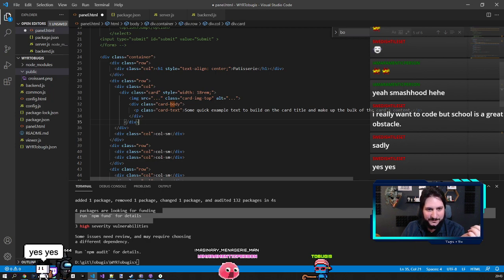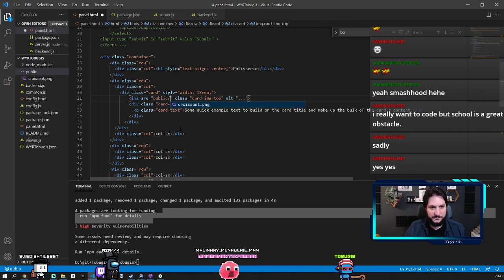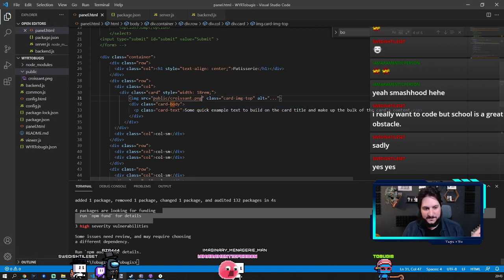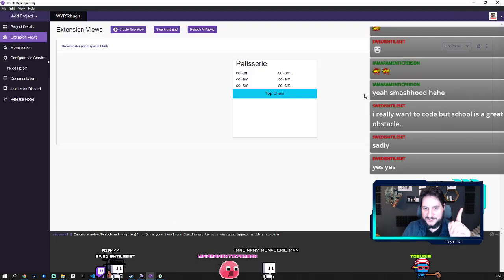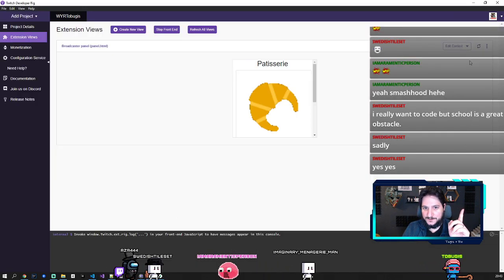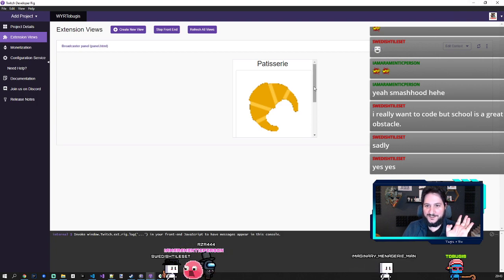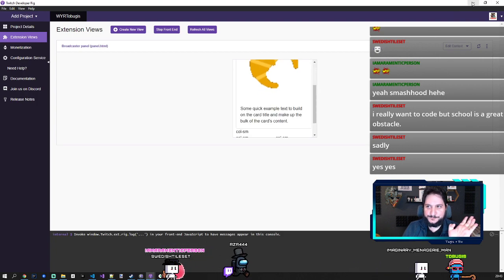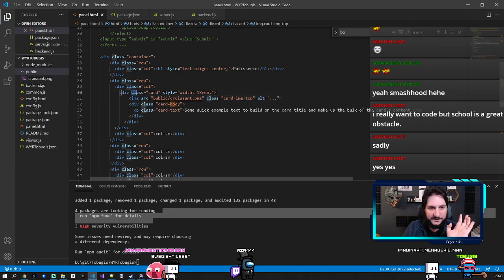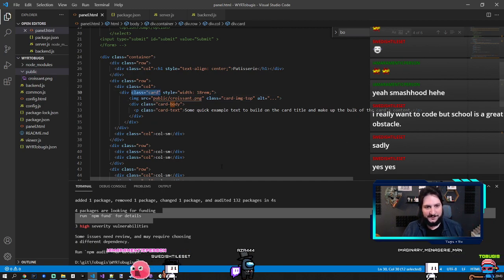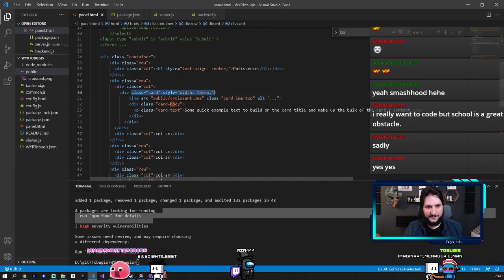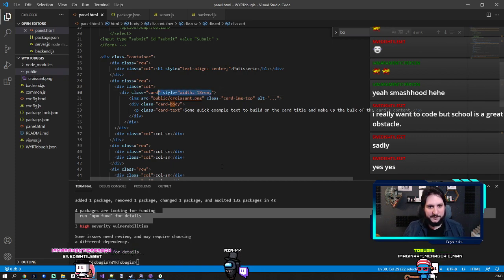Okay, so here I have to fix the source, which is public croissant.png. It's very simple. And we cross our fingers that it will work. Aha! It works. It's huge, but it works. It's probably huge because I use the card. But I suppose if I remove the card style, or if I remove the width of the card